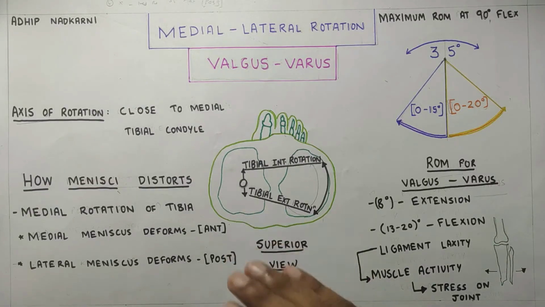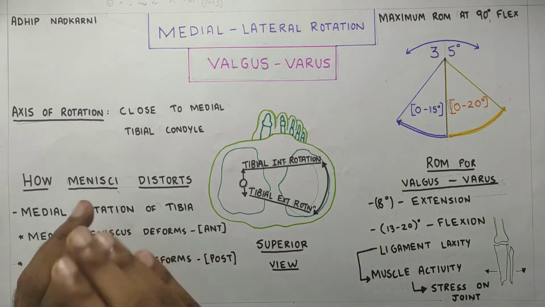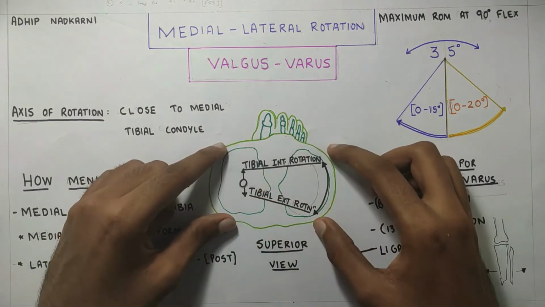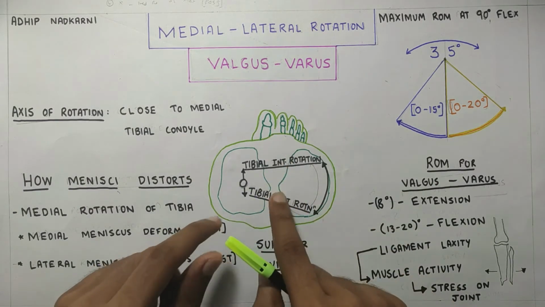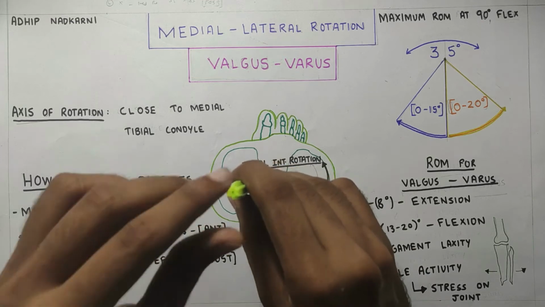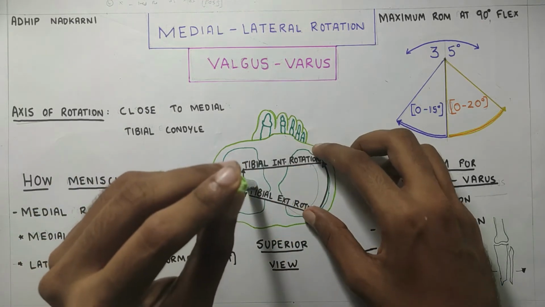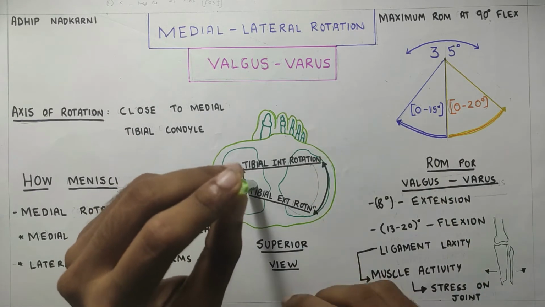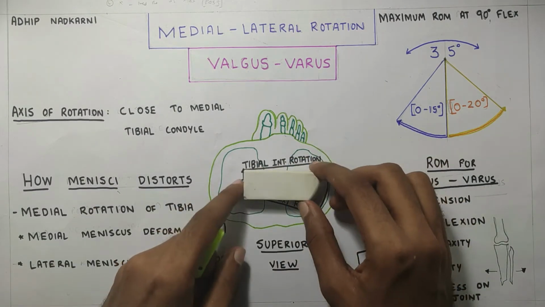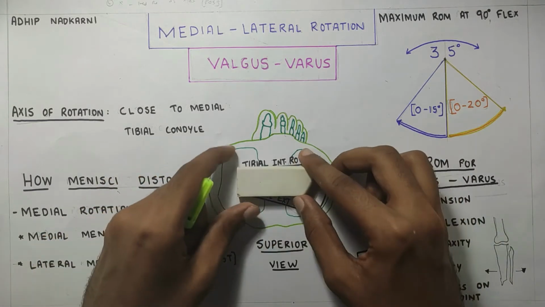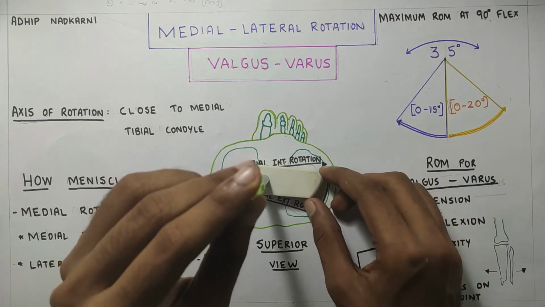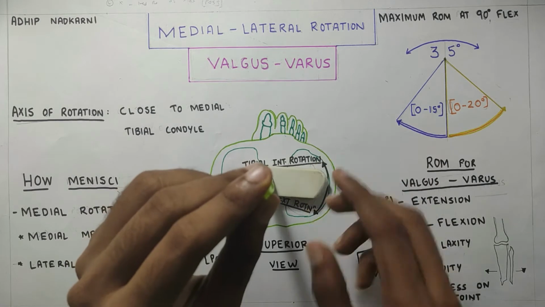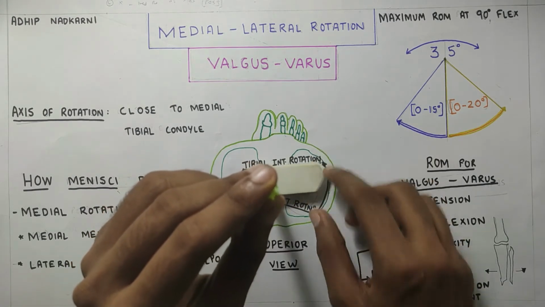So to talk about medial and lateral rotation of the knee joint, we should first start with the axis of rotation. The axis of rotation of the tibia, this is the superior view of the tibia, is more on the medial side. So if this is the tibial spine, it is slightly medial to the tibial spine. And what this does is it influences how the medial condyle and lateral condyle move around the axis. So now if you take this as the superior surface of the tibia, if the axis is on the medial side, naturally the lateral side of the tibia will cover a larger distance compared to the medial side, which will cover a much shorter distance over here.